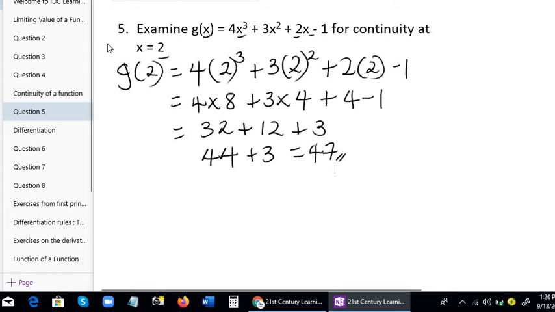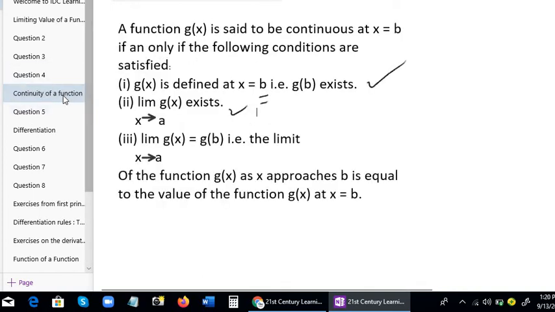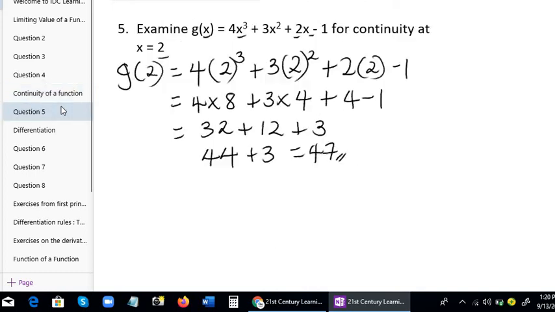Now, if you go back to the continuity of function, the rule I said, the function must exist. So from what we've done now, you can see that the function is defined. That's 47. Now, if you want to check for the limit as well, for what we have here,